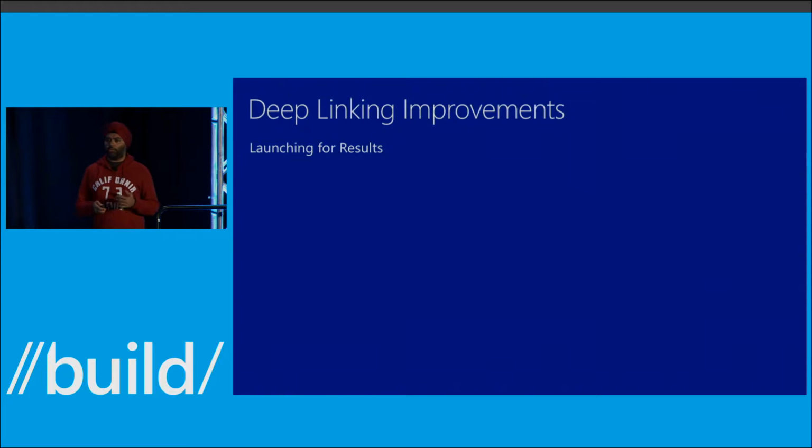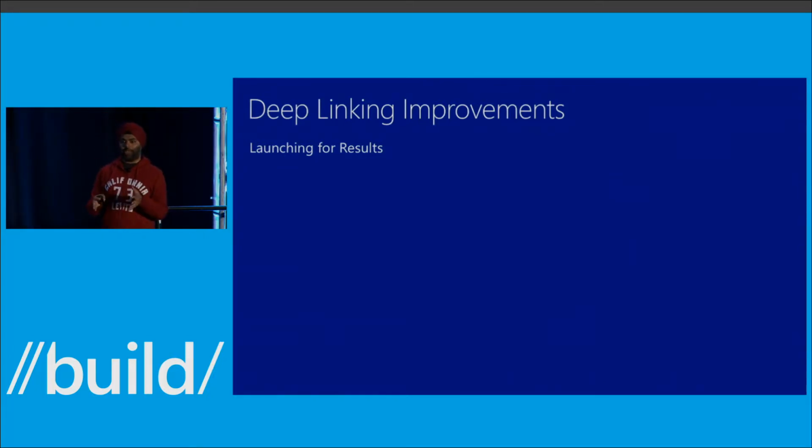The last improvement that we made to deep linking is called launching for results. So now, there are times when you've got these scenarios where you do want to send your user to another app, but you want the user to do something in there and come back. A good example is you're a game, and you want the user to tell their friends about this great game they just played, okay?